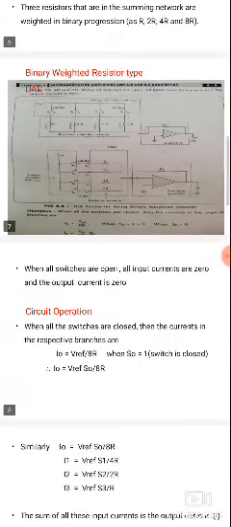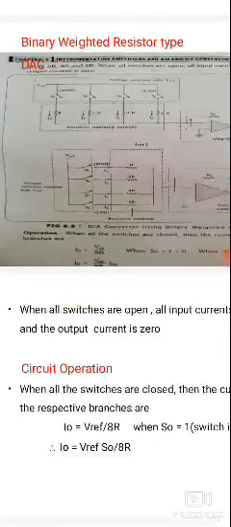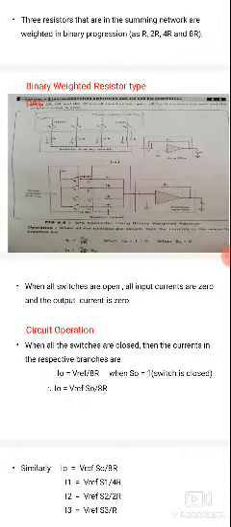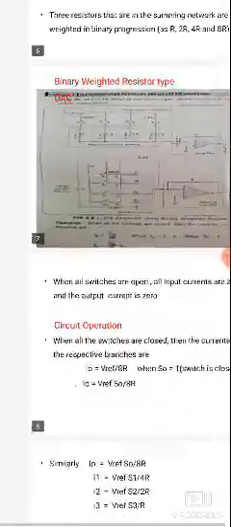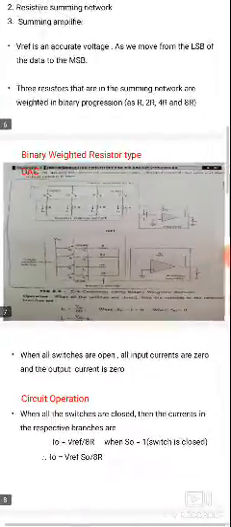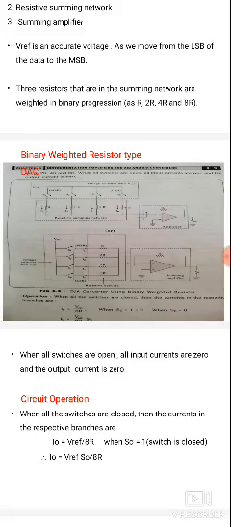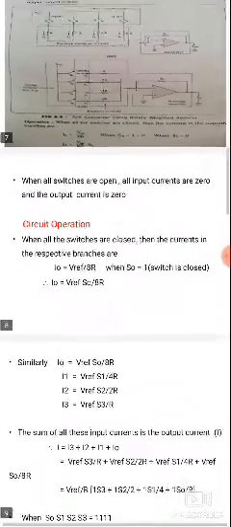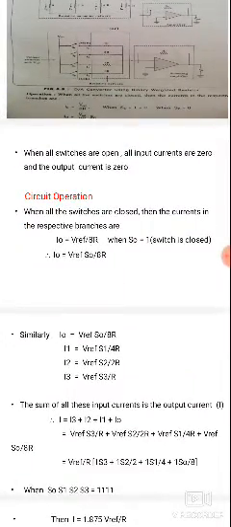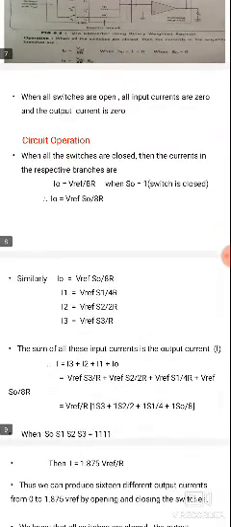Here V is the reference voltage. First of all, we are taking the V reference voltage, with the switches connected to V reference. V reference is the accurate voltage, and it moves from LSB data to MSB data. So that's why we are taking I0 equals V reference by 8R. Next,